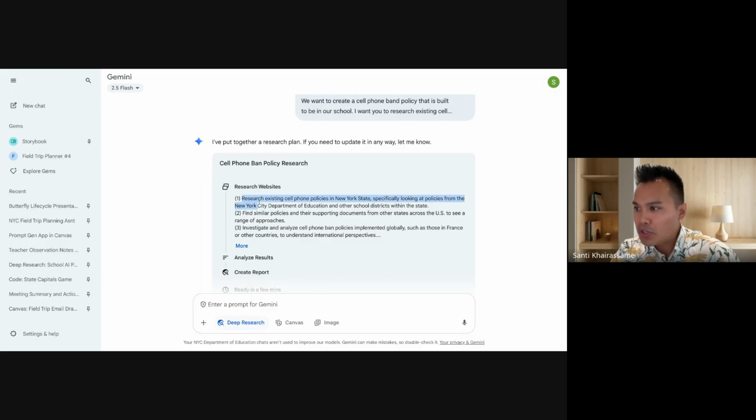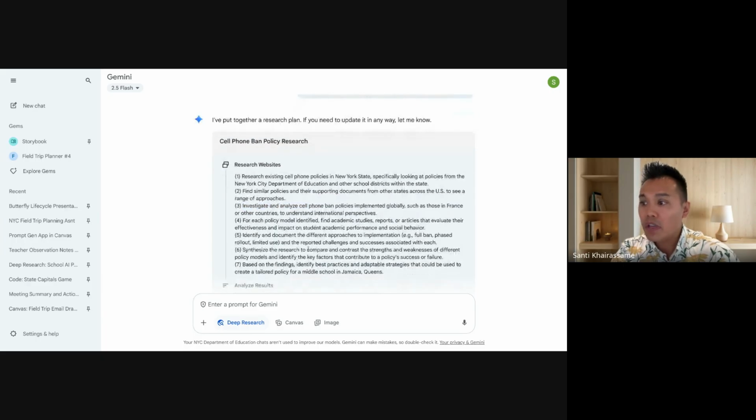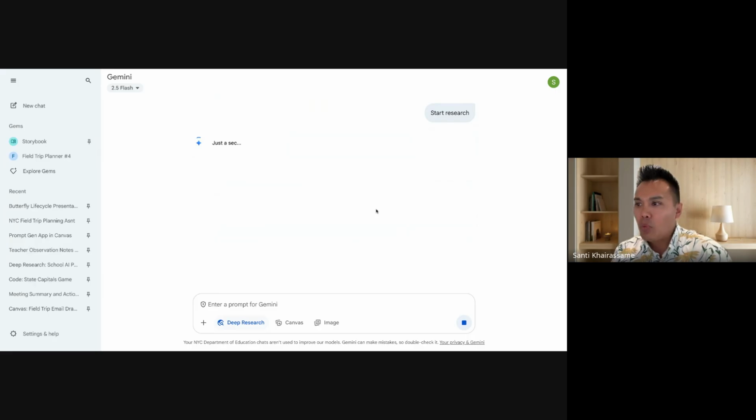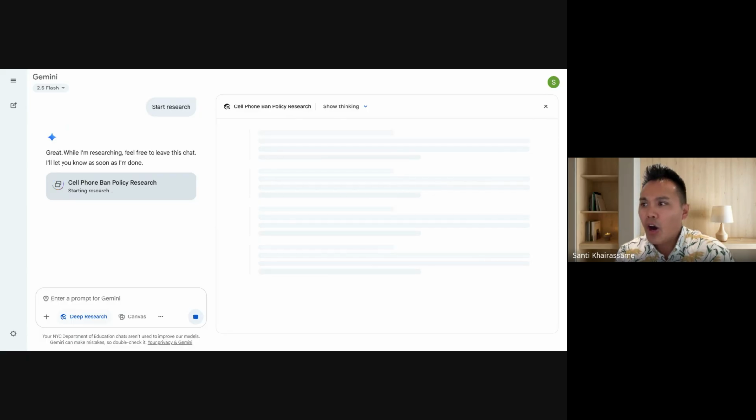I'm gonna research existing cell phone policies in New York State, find similar policies and supporting documentation, and investigate and analyze them. It's gonna do all these things. And you can modify this if you want. And then I'll hit Start Research. And what it's doing is incredible. It's gonna check like 150 different websites and put together an incredibly detailed report on this question.